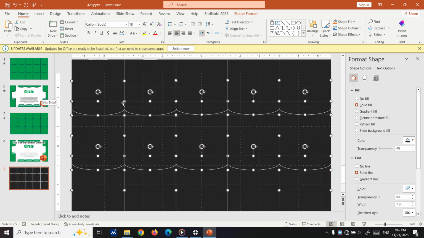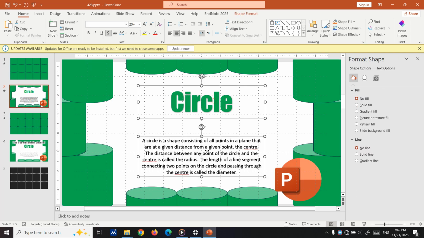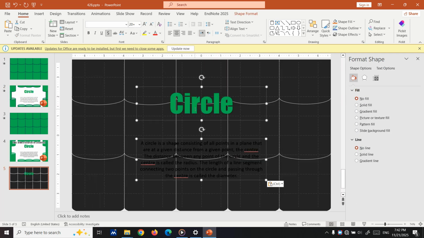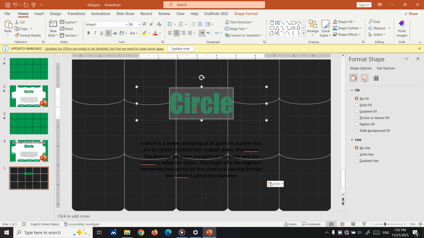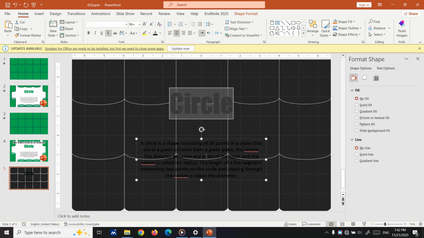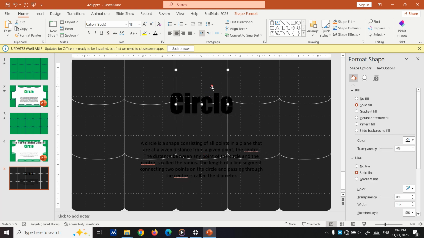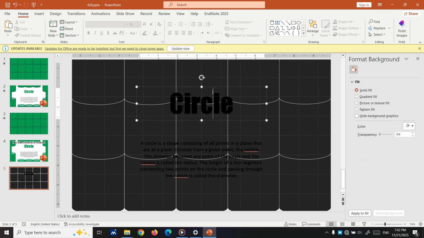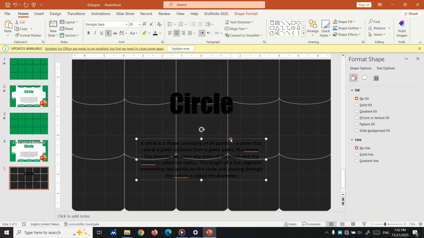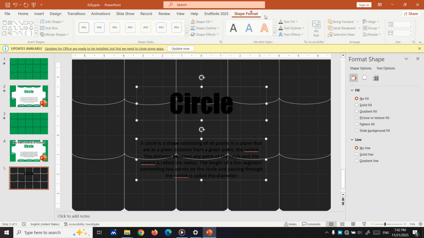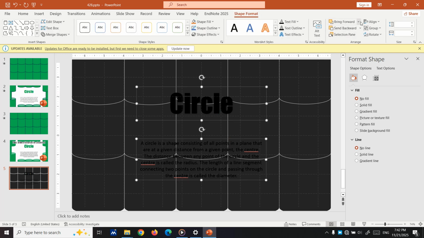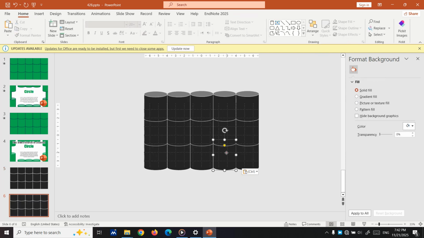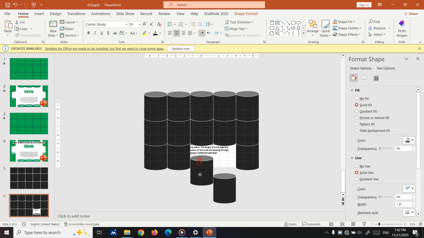Okay, it's good. Now I'm going to copy the text, paste it here. I'm going to recolor it to the dark color because I like it, and I'm going to move these two things to the back for the effects. I'm going to send them to the back, send to back, then copy this slide, and here I'm going to bring them out